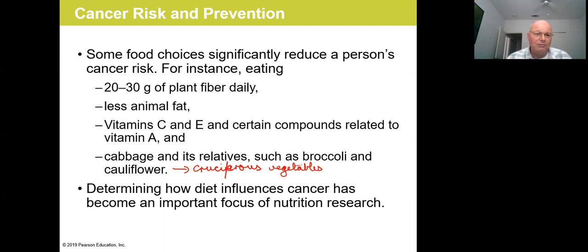favor particular traits. So when you think about cabbage and broccoli and cauliflower and kale and kohlrabi, Brussels sprouts and so forth, they all belong to this family of cruciferous vegetables. They have sulfur-containing compounds in them. And these sulfur-containing compounds have been shown to be really potent anti-cancer chemicals. This is the reason why eating some of these on a regular basis is a good thing as part of